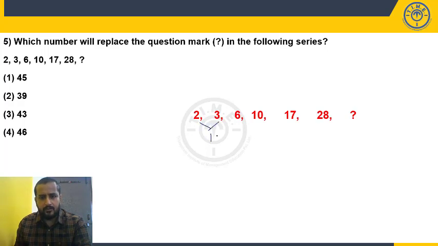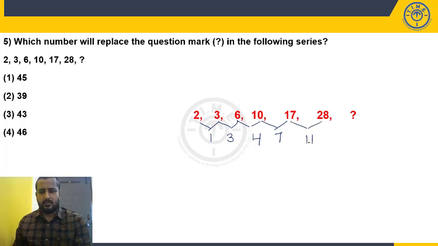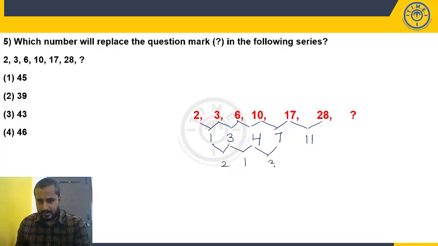2, 3 difference 1. 3, 6 difference 3. 6, 10 difference 4. 10, 17 difference 7. 17, 28 difference 11. So 1, 3, 4, 7, 11. Can you see any pattern? No, I cannot see. So let's check the difference of the difference. Okay, 2, 1, 3, 4. Even can you see any pattern here? No, even I cannot see any pattern here. Okay, then